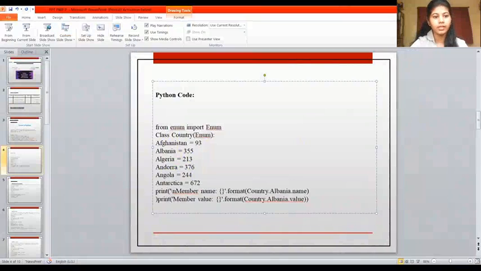Yeah, we'll run this. The output will be Antarctica and its value, that is 672.